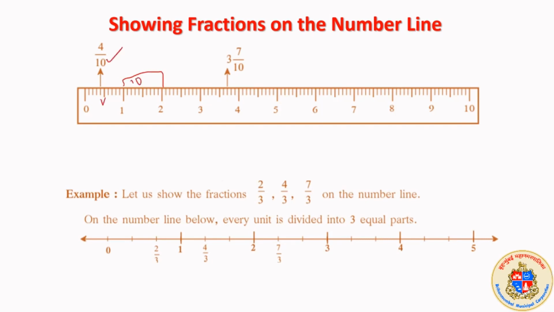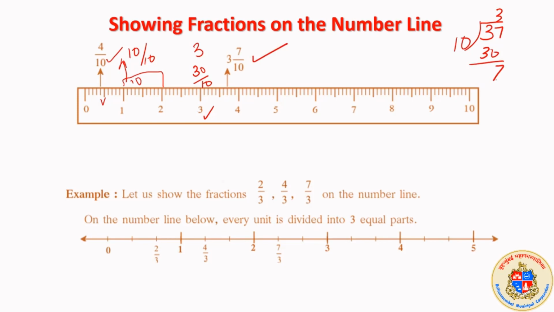This is marked as fourth unit, 1, 2, 3, 4 upon 10. As it reaches over here, the count increases. When it reaches this particular point, it will be 10 upon 10. Here it is 37 upon 10, because here it is 30 upon 10, and that is equal to 3. Understood? That's why fraction is important. 30 upon 10 can be written as 3, and here it is 37 upon 10. 37 upon 10 means 37 divided by 10. 3 tens are 30, and the remainder is 7. So it is written like this.